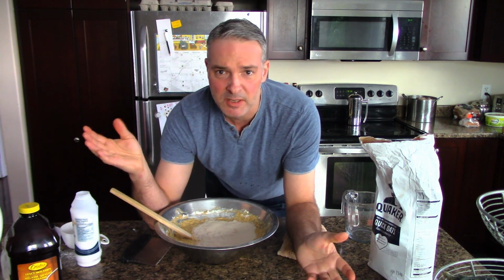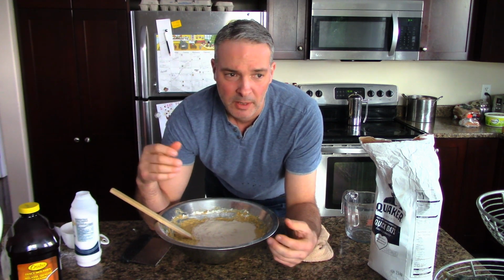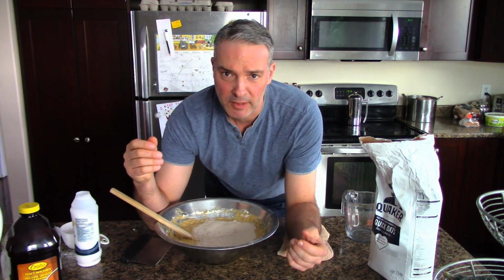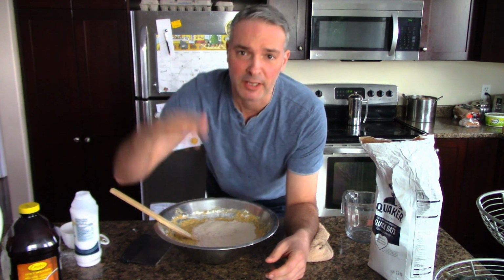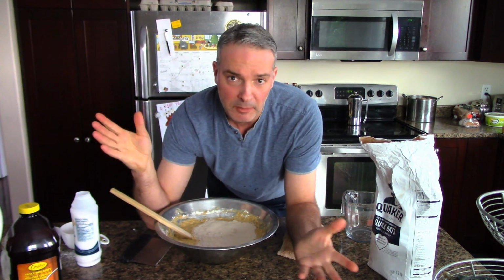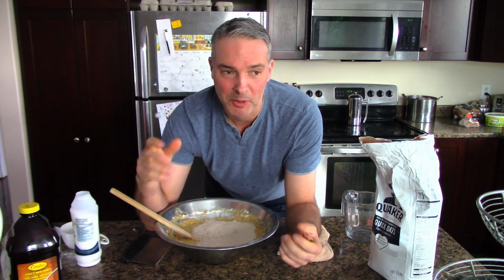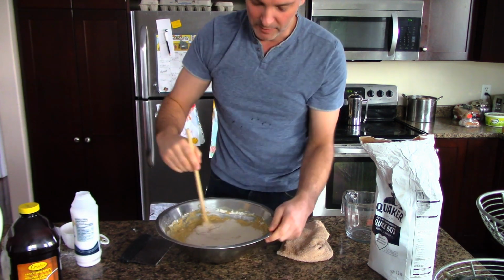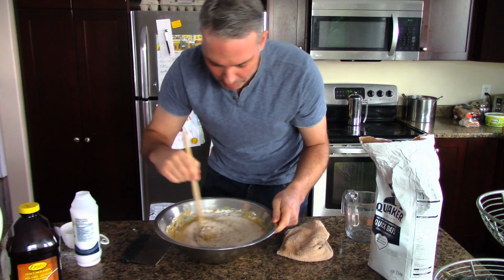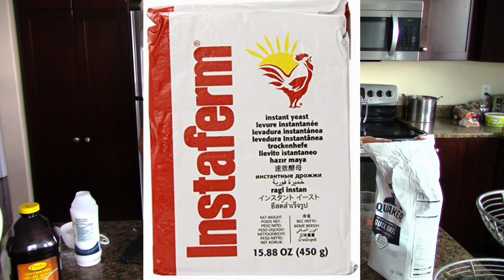Some of the yeasts that are out there for sale, that strain of yeast has been designed for how long it keeps, possibly how much lift it gives the bread, or how quickly it rises, rather than flavor, right? Flavor is the most important thing. If people don't like eating your bread, they're not going to eat it, right? So you want a nice, tasty yeast. I found this one works out great. I'll put the name of this one up on the screen,